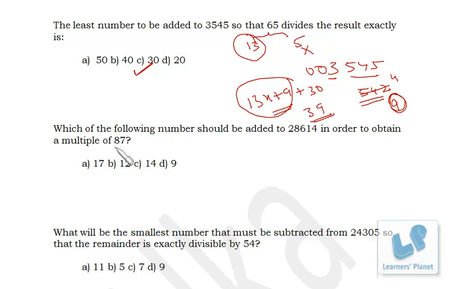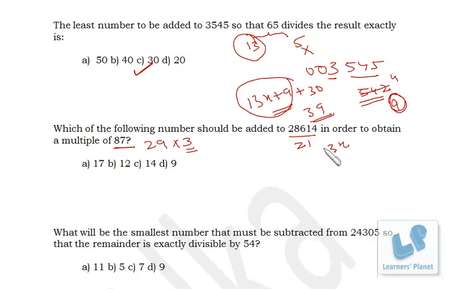Similarly, you can see this problem 87. We have to find out 87's co-prime factors, 29 and 3. That means whatever you add to this, the number should be divisible by 29 and 3 both, right? So let's see whether this number is divisible by 3 as of now or not. So it is 8 plus 2, 10 plus 6, 16, 17 plus 4, 21. So the sum of all these digits is 21. That means this number is already divisible by 3, right? So this number is already in the 3x format, right?